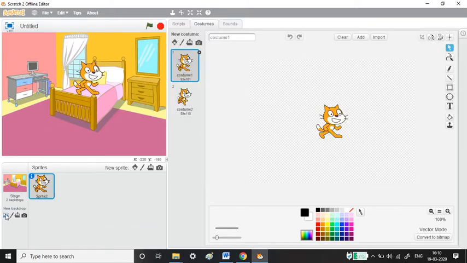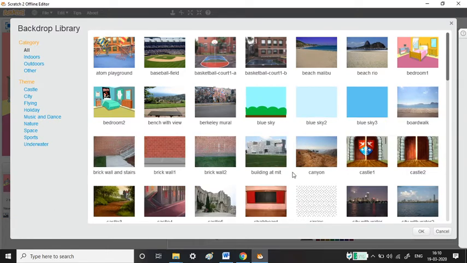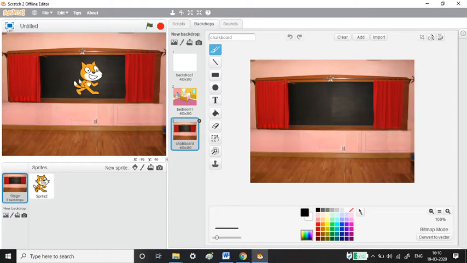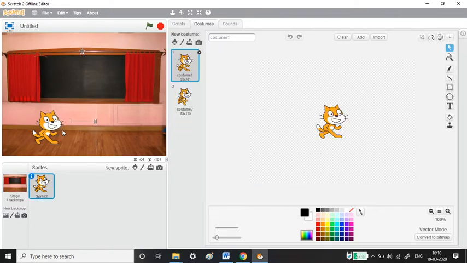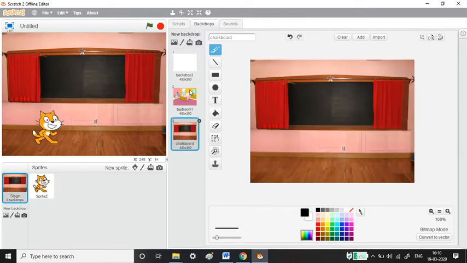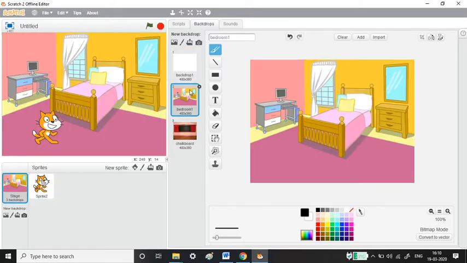Let me select another backdrop also, this chalkboard. If the backdrop switches, if our sprite is in this type of background, it should say I'm in the classroom. If the background is something like this, it should say I'm at home. This is the task which I'm going to perform.